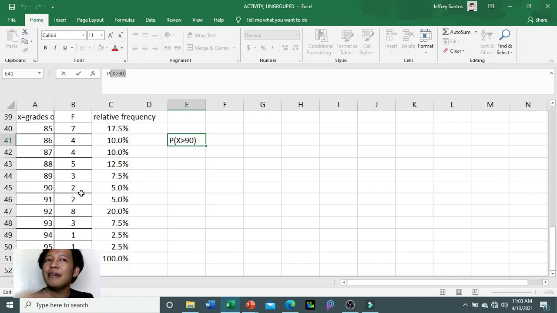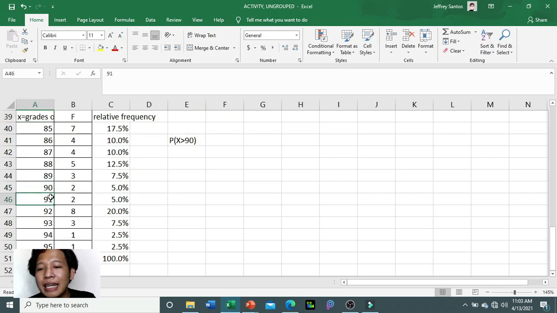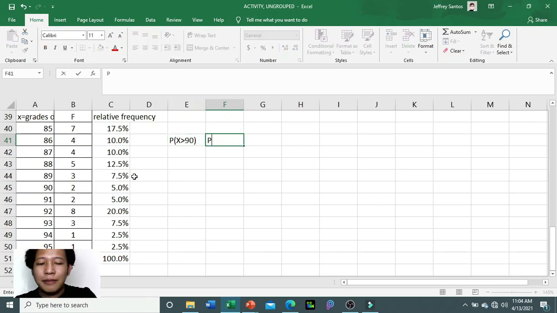So, ano ba yung mga values na greater than 90 dun sa ating x? So, that is 91, 92, 93, 94, and 95. Okay, hindi po kasama si 90 kasi ang sabi is greater than 90. So, for us to get the probability of getting a student to which his or her grade is greater than 90, is that we have